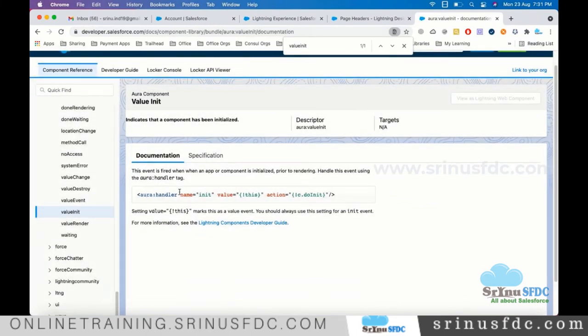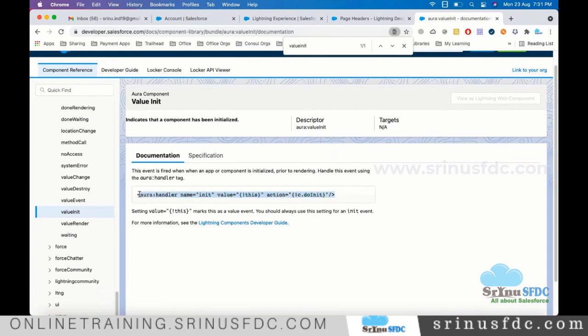Any event, even going forward, we also discuss custom event handling. If the event is fired, to handle it, this is the syntax: aura handler, and the name of the event. For value init, the name of the event should be init. Value should always be this action, and whatever function you want to call, we can call.